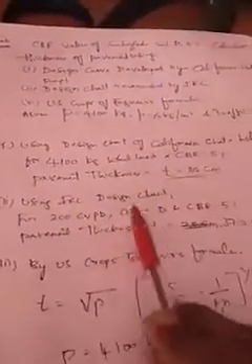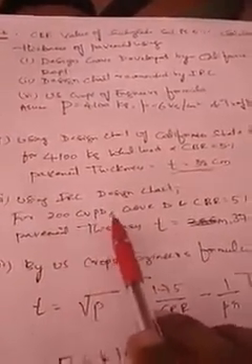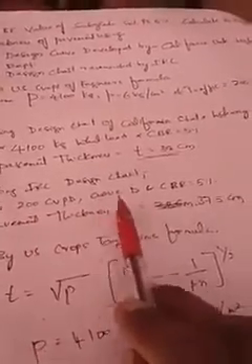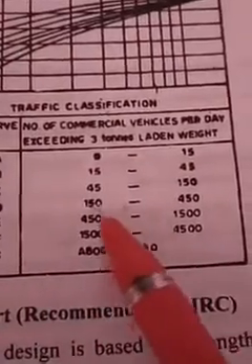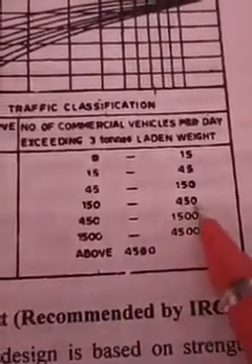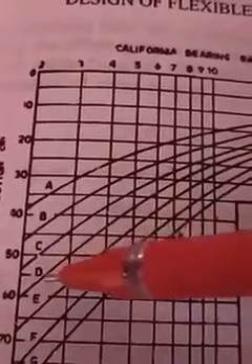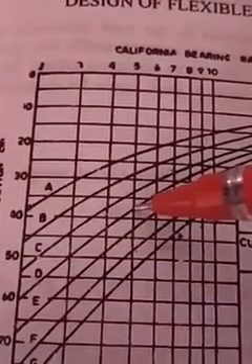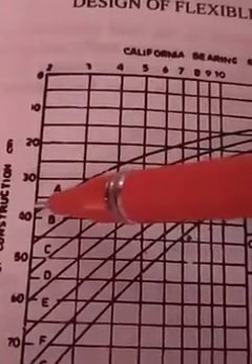Second one is using the IRC chart. For CVPD 200, the number of commercial vehicles per day is given as 200, and CBR remains the same, 5%. So using the chart, here you can see for 200 which curve you are going to use. Here it is 150 to 450, the curve is D. So for CBR value 5 and D curve you need to refer. This is the D curve, CBR value 5, somewhere here we are meeting. If you extend it, it is going to meet here.